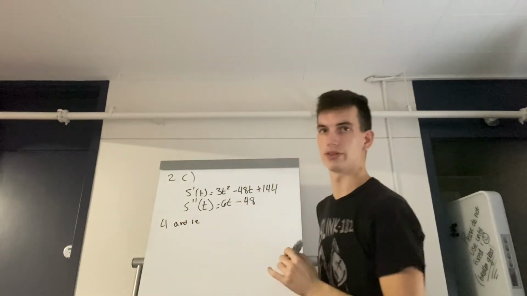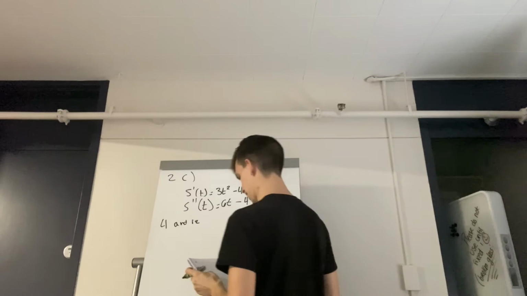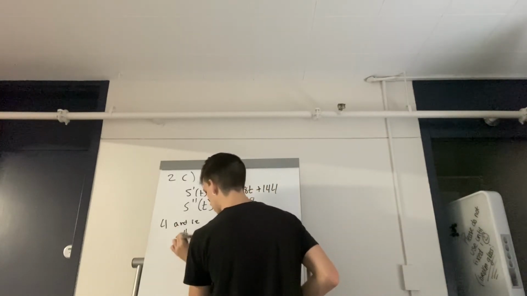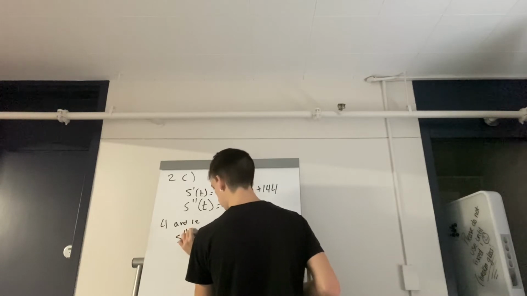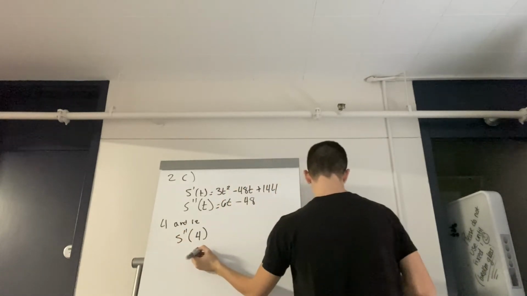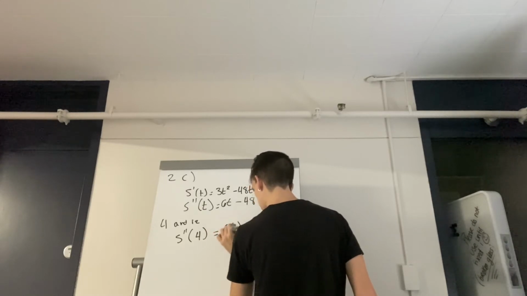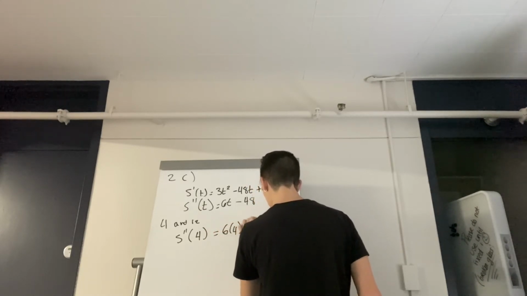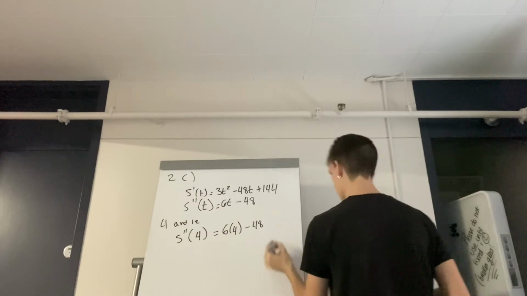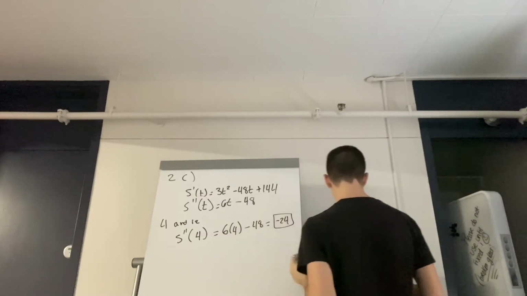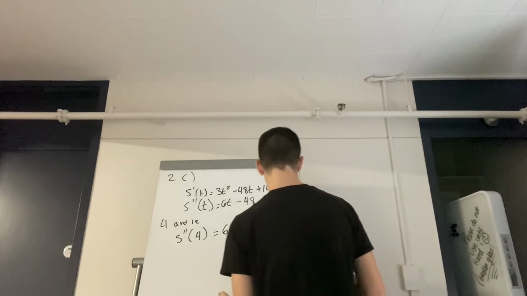Those times are when the velocity equaled 0. We found that in the last problem. So we are going to plug in s double prime of 4 equals 6 times 4 minus 48, and this results in negative 24. Since it's a negative number, we can assume that